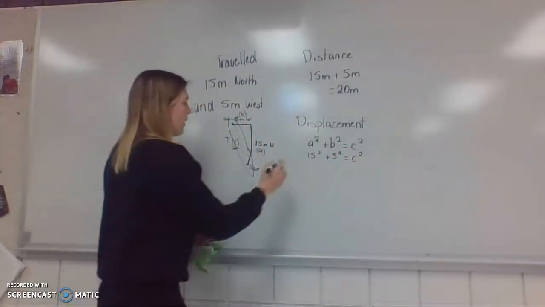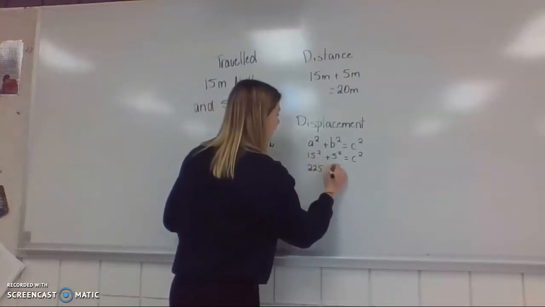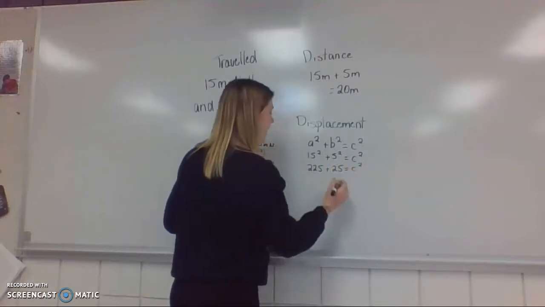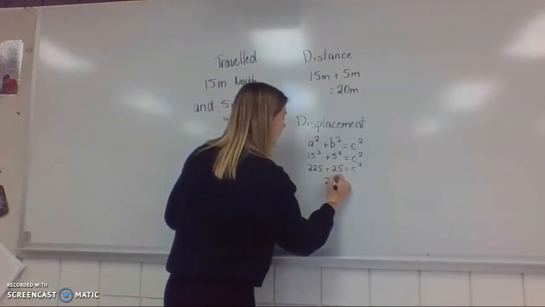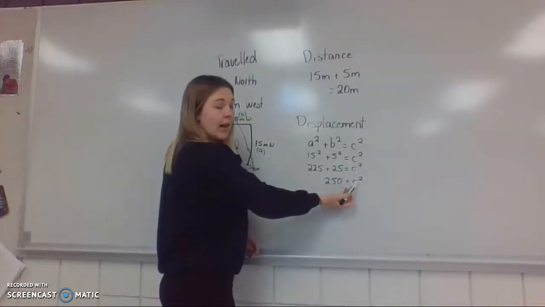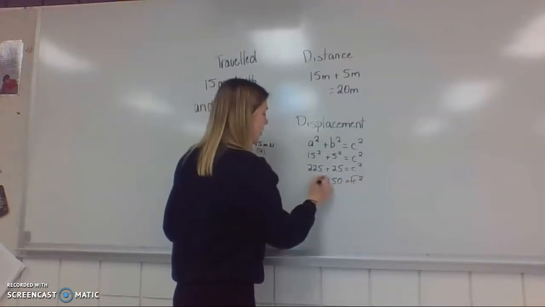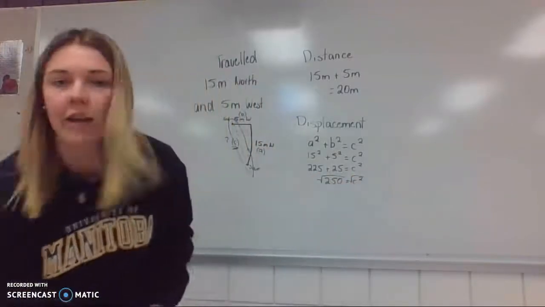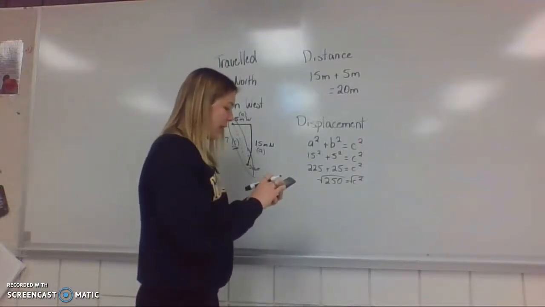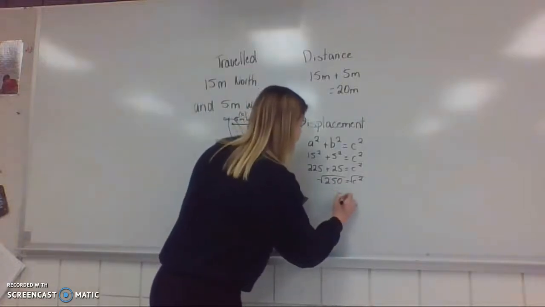Okay, so we do our math. 15 squared is 225 plus 5 squared is 25 is equal to c squared. Add these together, we get 250 is equal to c squared. We want to get rid of this squared sign, so we take the square root, and whatever we do to one side of an equation, we do to the other. So I have to grab my calculator for this. Not sure of all of my square roots, so we'll do the square root of 250, and that means that c is equal to